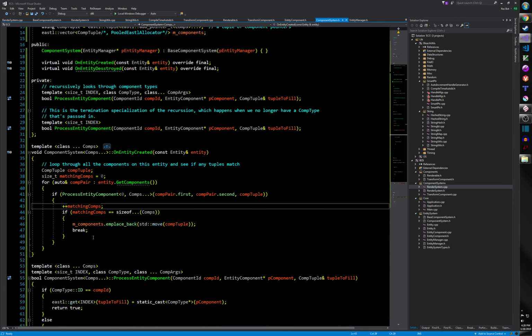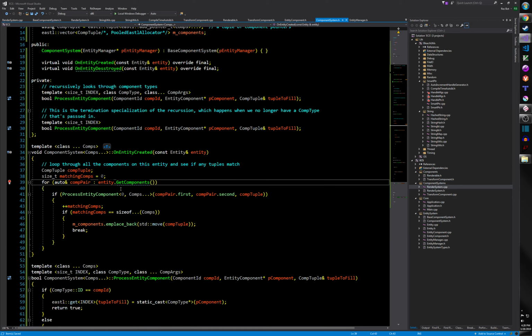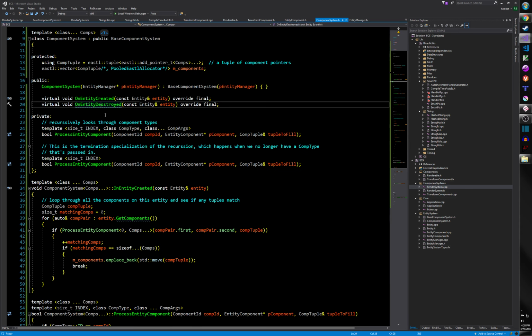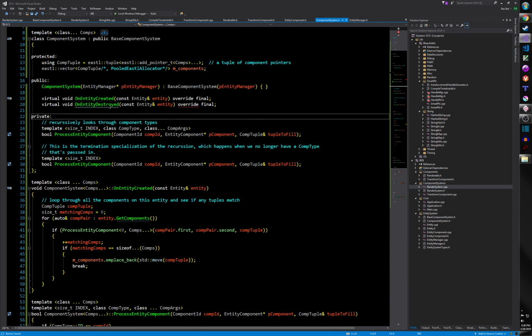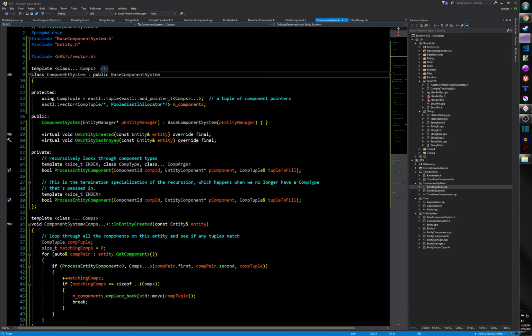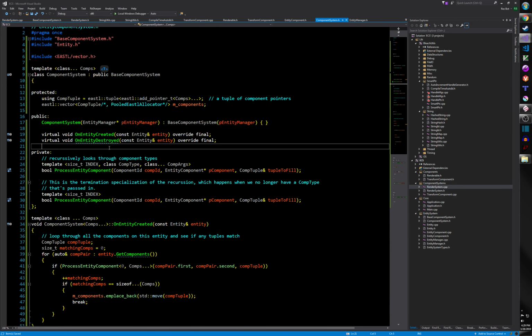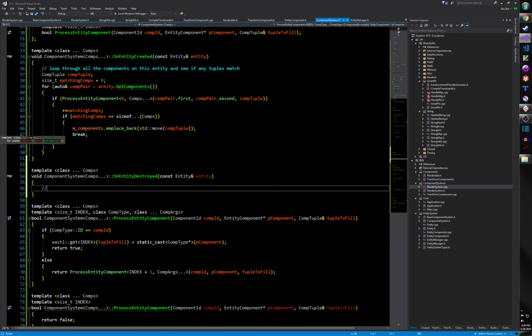This is our entity on entity created. This doesn't seem to happen. Yeah, we have to revisit entity. We have another thing which is on entity destroyed. Whoops, uh-oh. Yeah, that happens sometimes. Let's go back here. I think I have 2 S's here. All right, there we go. On entity destroyed, we'll do the same thing. And in on entity destroyed, we have a similar thing, but really we're just saying